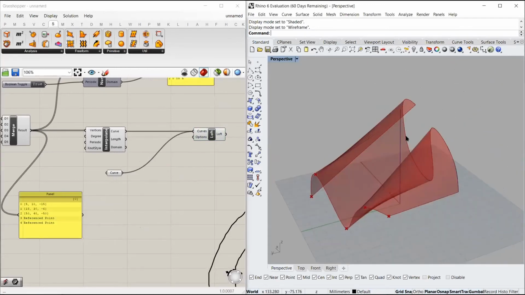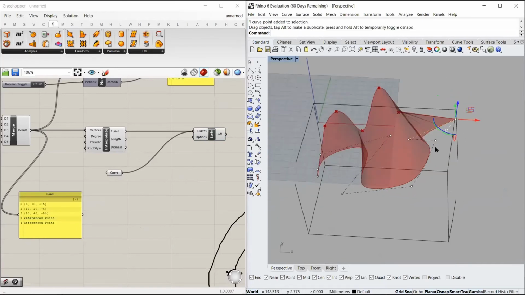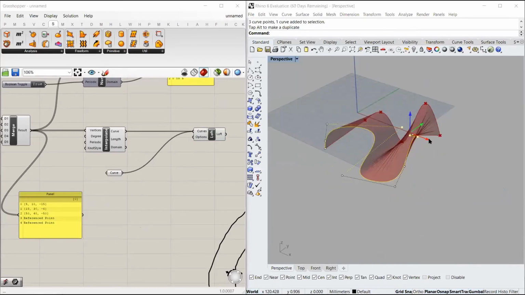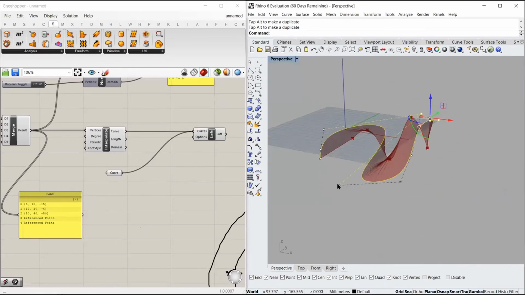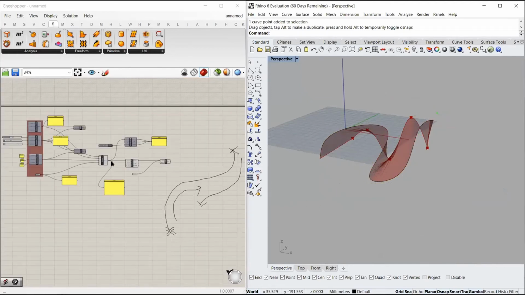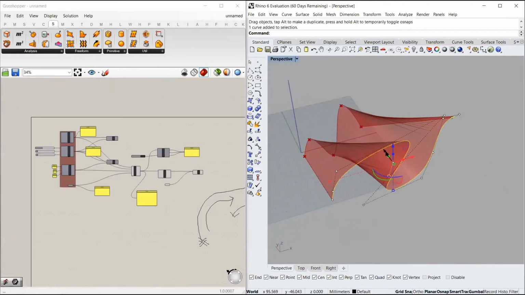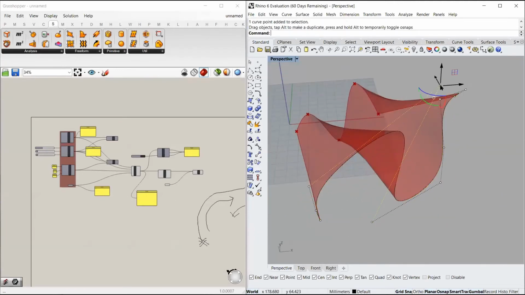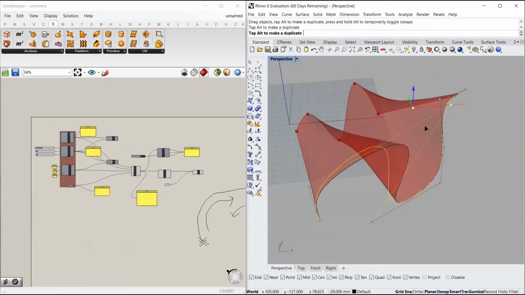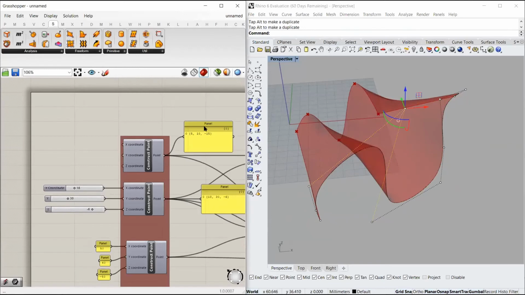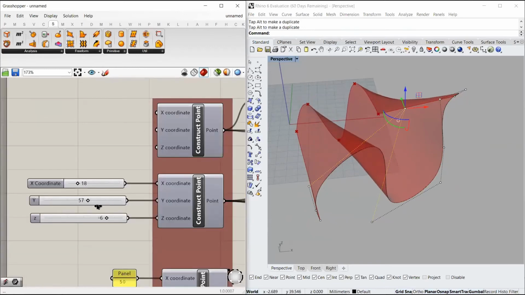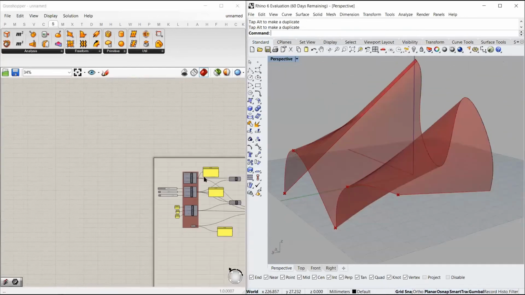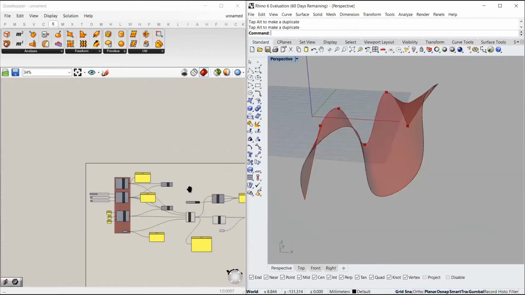So this is a geometry. So if now I change the control points, you see, using these parameters, I can actually change the surface. So for this system, now we have so many parameters. We have this curve to play with to define a surface. We have these points of these curves to play with to define the parameters. We have the points of the first curve to play with to manipulate the geometry. And this is how a parametric model for basic shapes and surfaces and forms can be made.